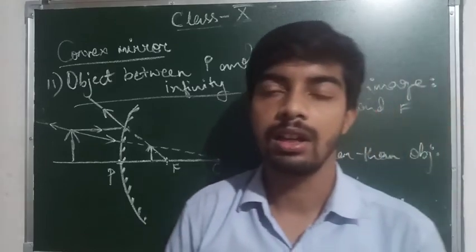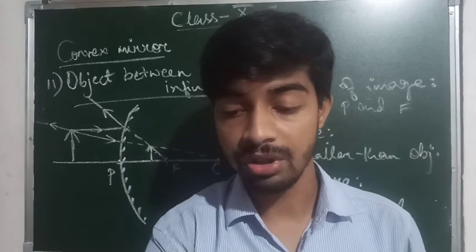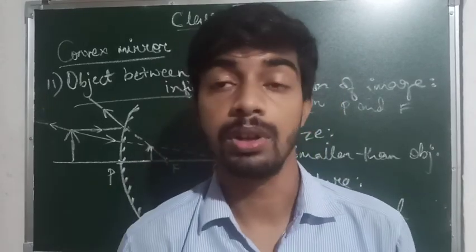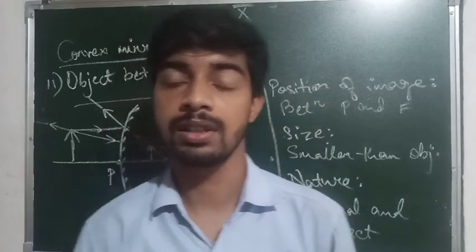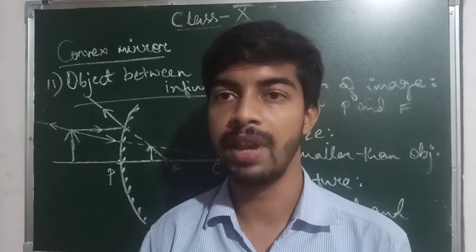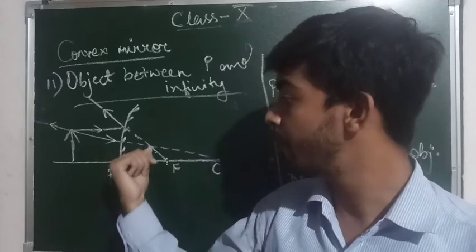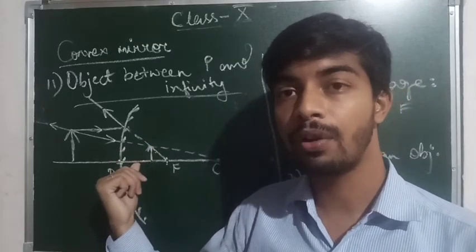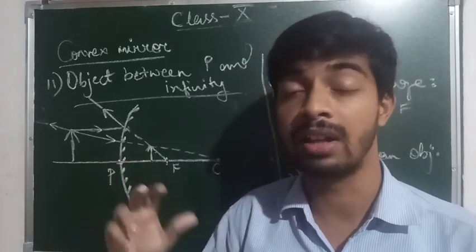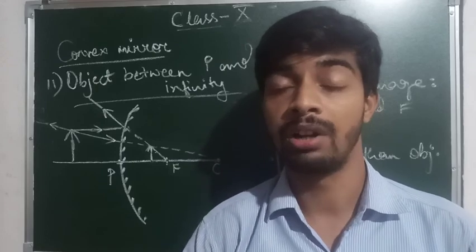So now let us see some of the uses of convex mirror. Convex mirrors are mostly used for making rear view mirrors of cars or vehicles, because they provide a much bigger area to be seen behind the driver, and also the image which is formed is virtual and erect. So it becomes easy for the driver to see any object which is coming from behind, and also as the image is straight, the driver is not confused or does not get problems while driving.